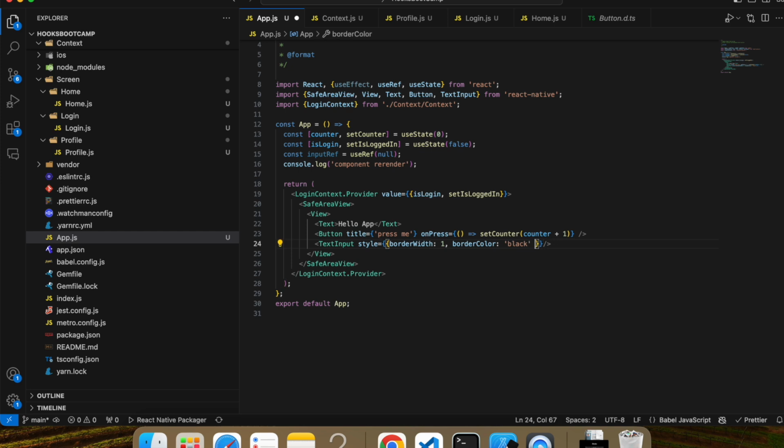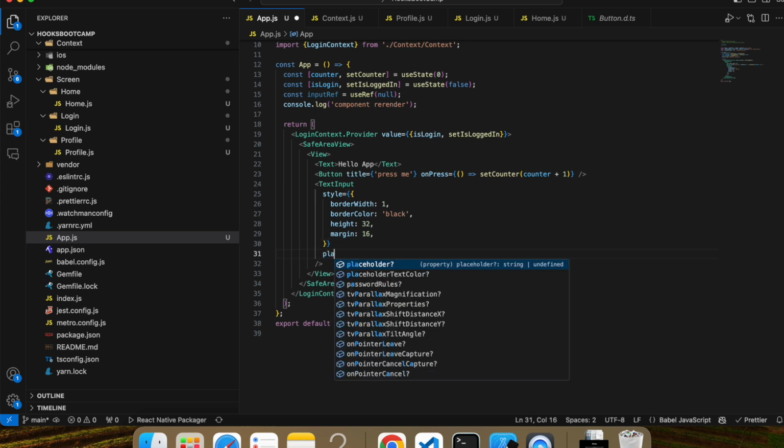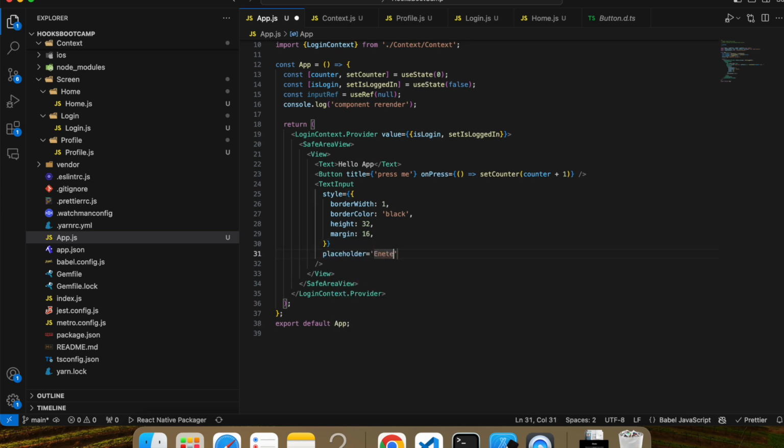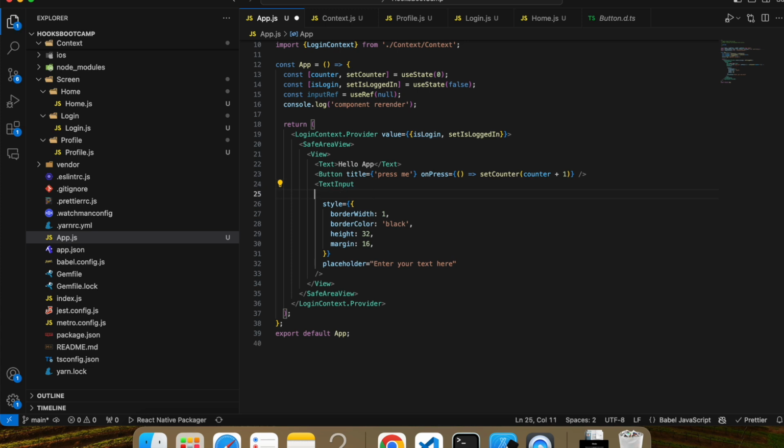Sorry, let's give some height, say 32, margin 16, and give some placeholder also. Enter your text here. So see, now this is our text input, and now give this reference would be the input ref. And now when we click on this button, say press me,